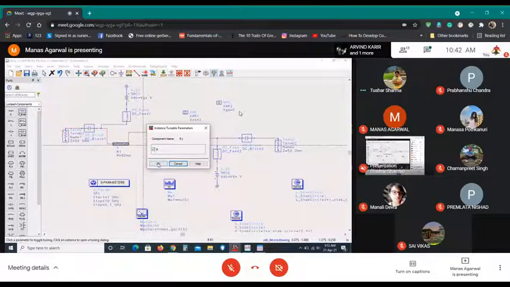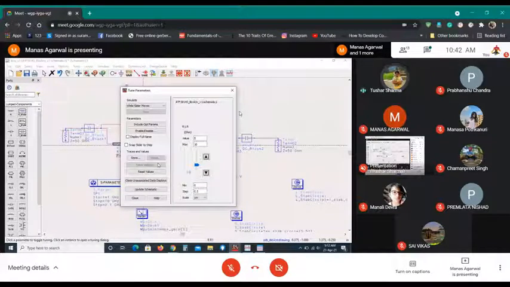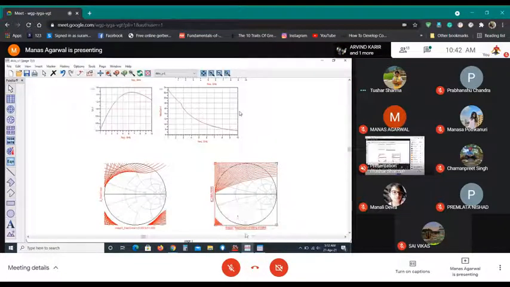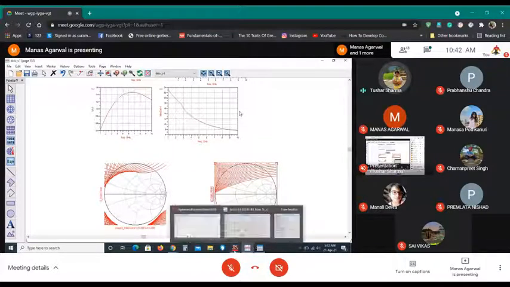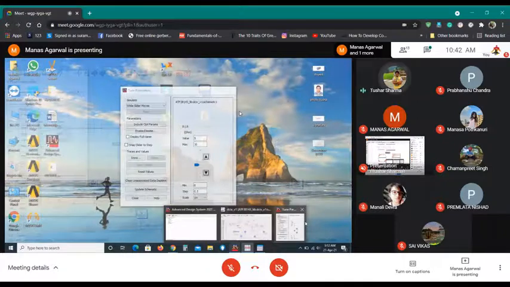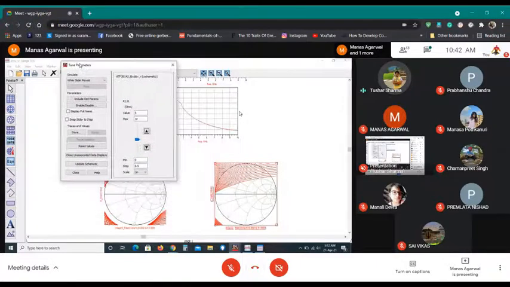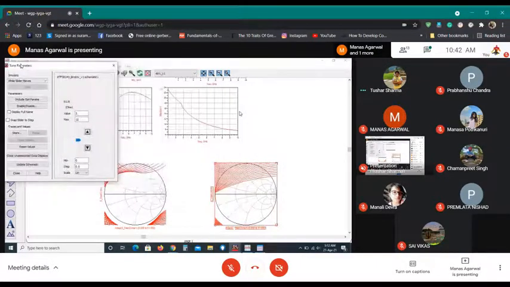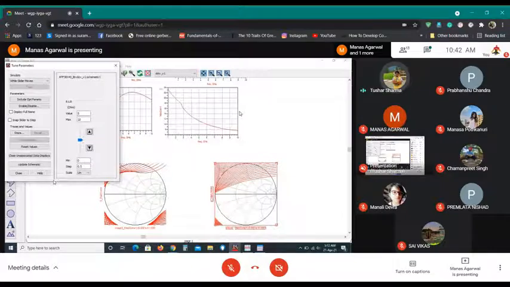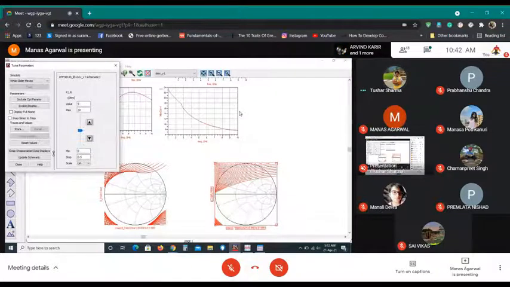Okay. So now open your data display and go to that ADS, and bring tune parameter. Move it on the side and start tuning and see what happens to mu and gain. Put it on the right or left. Right will be better so that you can see both.